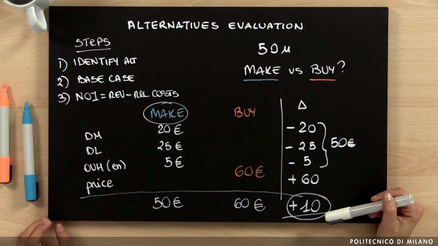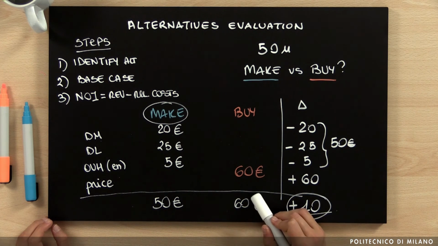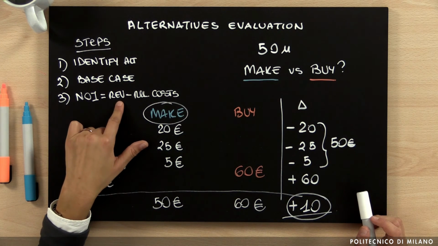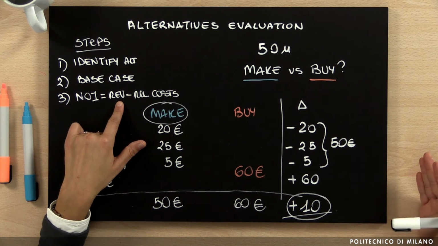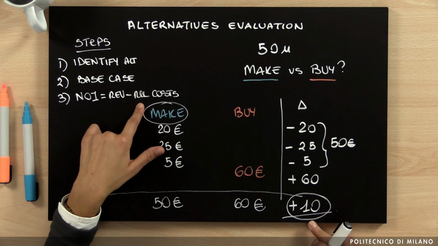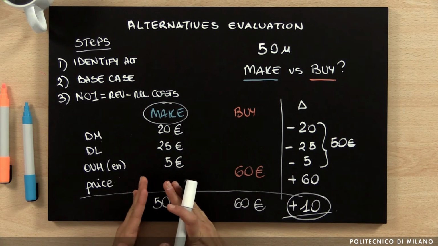Usually, when we evaluate alternatives, we do not consider the overall cost of alternative A and then the overall cost of alternative B, but we just think in terms of differential cost. So in this case, if we look at the differential cost, we are just spending, let's say, 10 euros more in the moment in which we purchase outside. If we want to apply our net operating income formula, revenue in this case is 0 because we are not selling anything, and the relevant costs are 10 euros, so we are spending 10 euros more. So because of this additional 10 euros of cost, it is more convenient to produce inside.